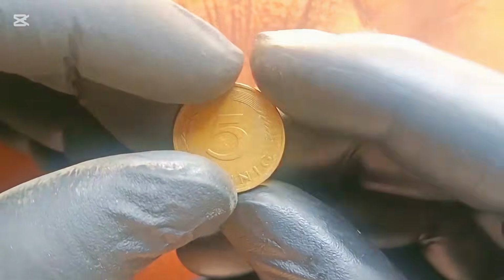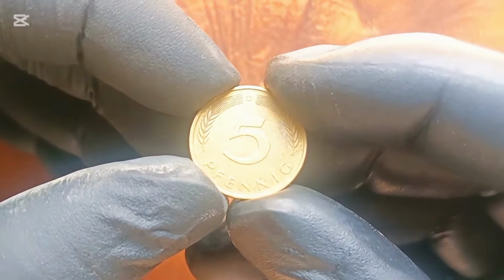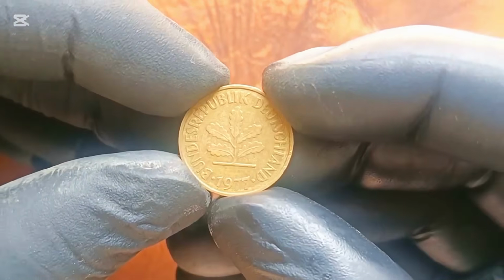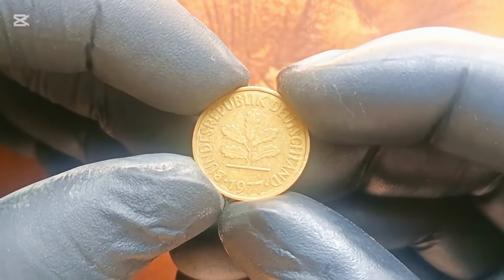The rarity of these coins was compounded by the fact that the German mints at the time had started phasing out the use of certain older dies and materials. Some examples from this experimental batch slipped into circulation, while others were quietly set aside and forgotten, making surviving examples